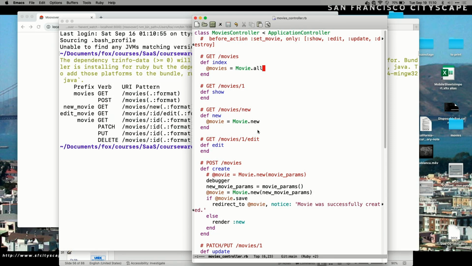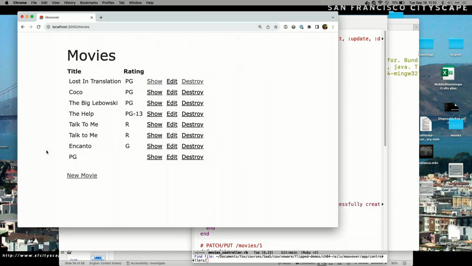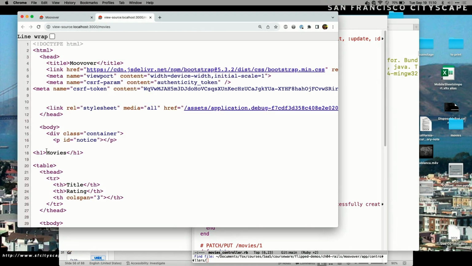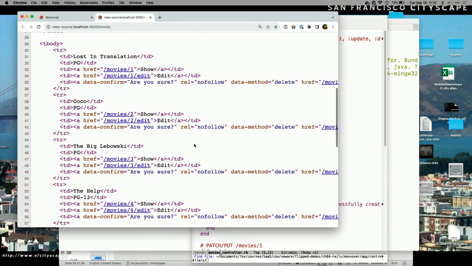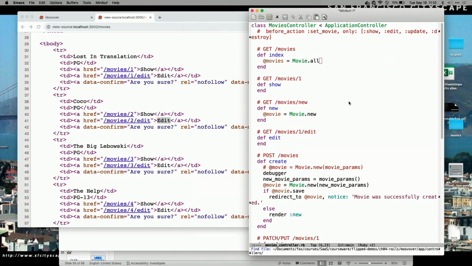And what if I look at the code that generated this HTML page? Well, I can view source in my browser, and I can see that each one of these movies has an edit link, and each of these edit links essentially points to a resourceful route that would edit that specific movie. So this is a really early example of those route helpers, because if I look at,